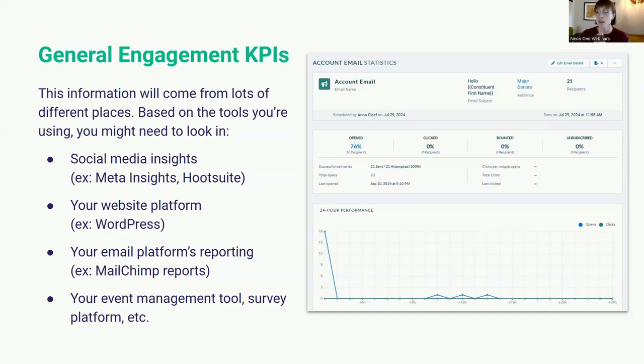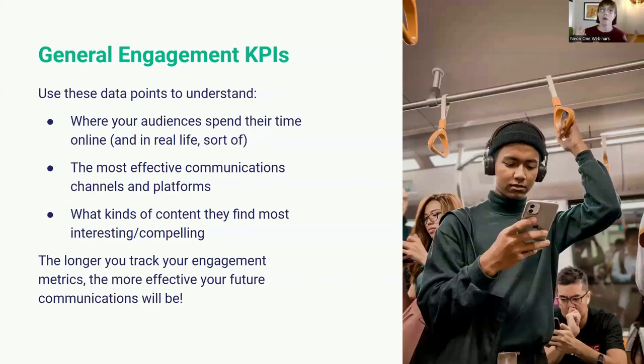Brianna and their team track email performance and newsletter signups very quickly, but social media is a lot looser. And that's the perfect way to approach this. Figure out what is really important to you and track that very closely. And then if there are other things that are tangentially related, you can spend maybe a little less time on those. It's really down to what is important to you. Now, gathering all of this information from lots of different platforms can feel a little overwhelming at first, especially when you're first starting to get into the swing of doing it. But I promise that work is worth the effort.